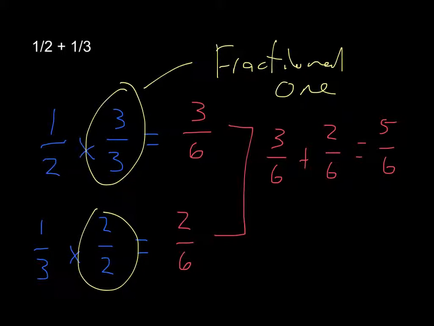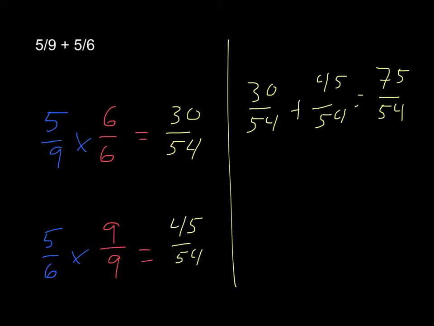Okay? Try another problem on your own. 5/9 plus 5/6. When I solved this, I saw that 9 times 6 had common numbers of 54, so I looked for that as my denominator. And then I found that 5/9 is the same as 30/54, and 5/6 is the same as 45/54. And when I added these together, I ended up with